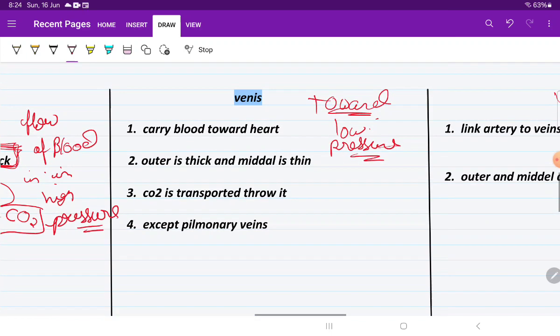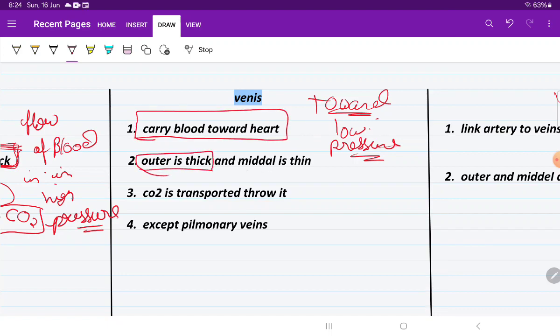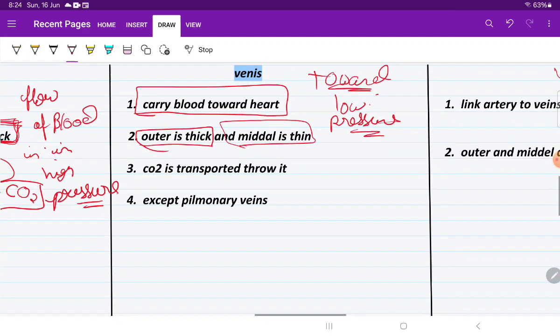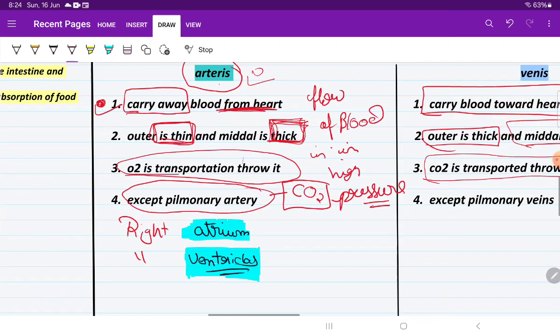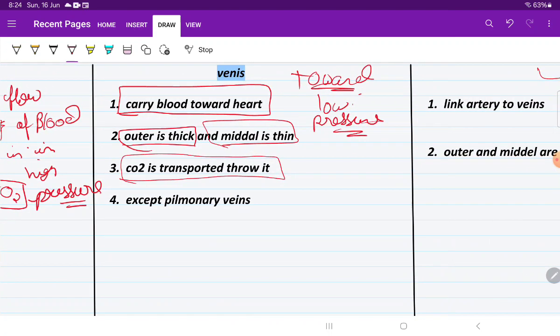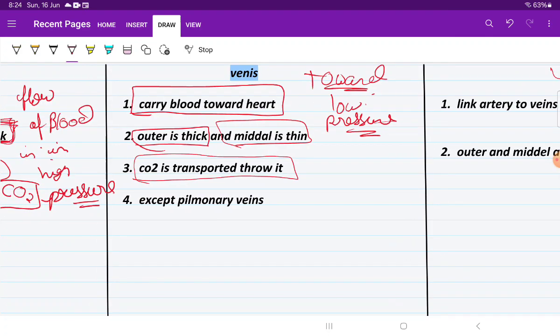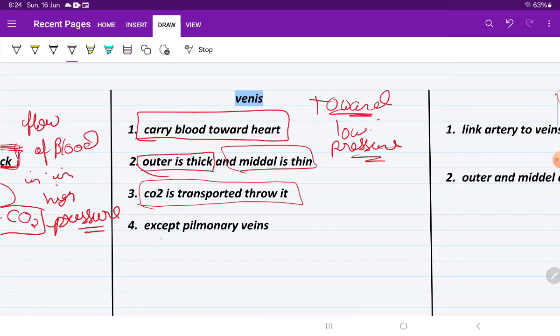Okay, now let's see it carry the blood towards the heart. The outer is thick and middle is thin. CO2 is transported in veins, and in arteries the O2 is transported. But here there is one more exception. What is the exception? Except pulmonary vein. We have seen that pulmonary vein,